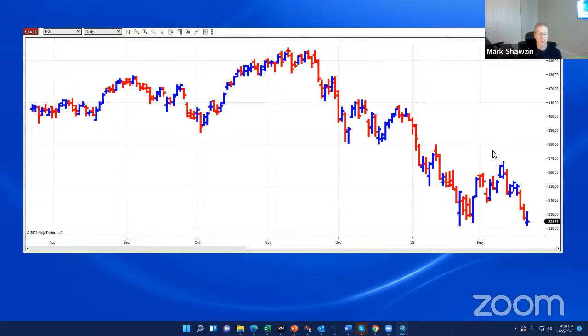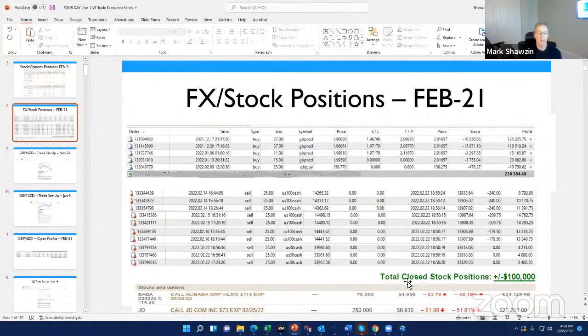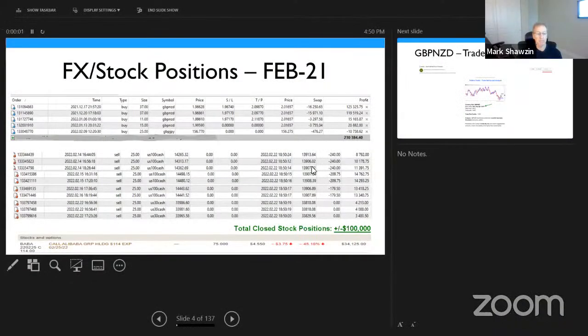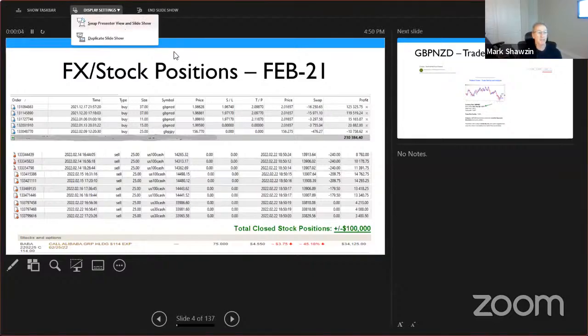So that's basically what I've been talking about. I want to talk a little bit about risk. You can see I had these JD calls too. So I have these BABA calls and these JD calls. Put about 60 grand in these call options today. And I'm just playing around. I don't know if these things will get off the ground or not.